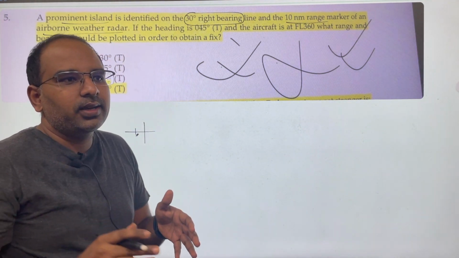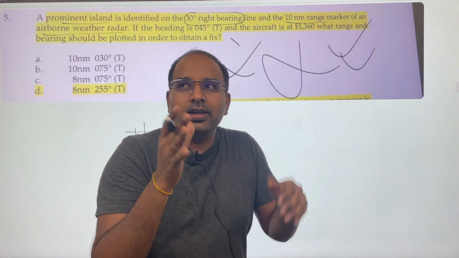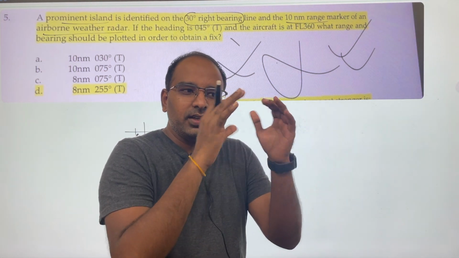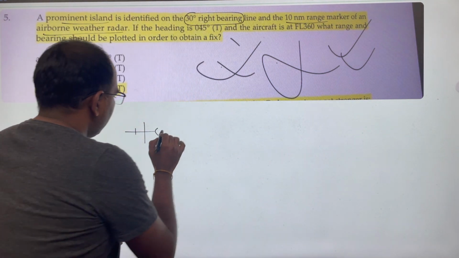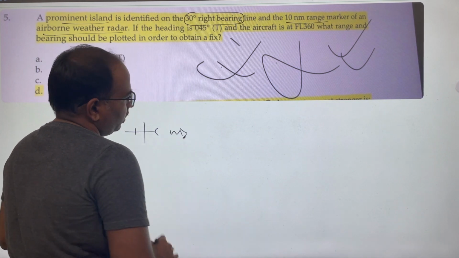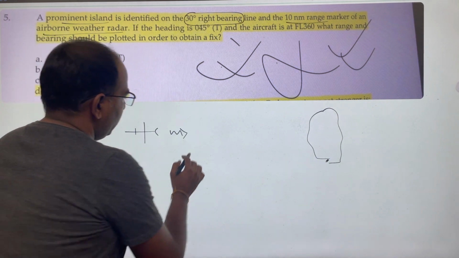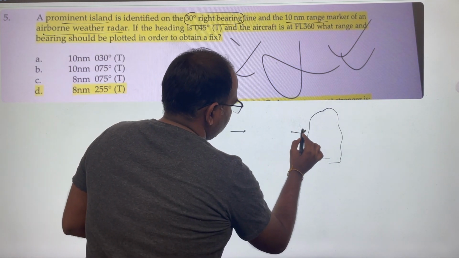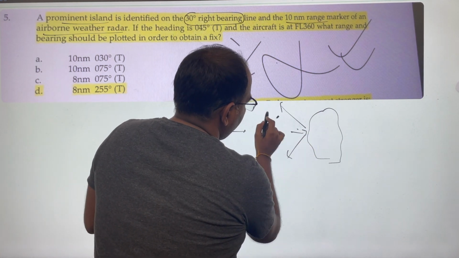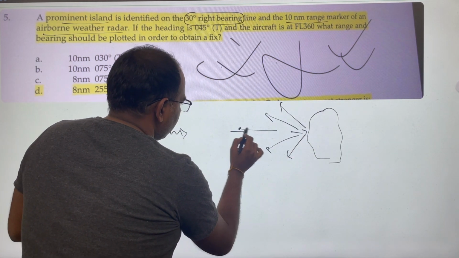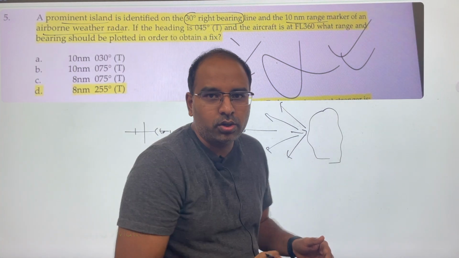If you see an A320 or a Boeing 737 in an airport, you can easily identify the clearly distinct part of the radome, correct. There will be a radar that will send a pulse of wave. For example, if there is a cloud here in front of the aircraft, this pulse of wave will reach the cloud, it will hit the cloud and it will get reflected back in all directions. These reflections also are received by the airborne weather radar and are shown on the screen.